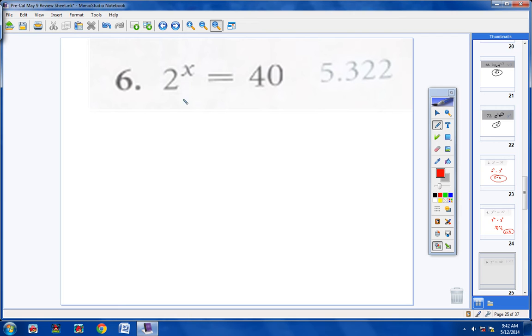So what we do now is we look at the base of our unknown. The base of our unknown is 2. So because I have a 2 here, good. We use the log base 2 of one side, Caleb, but if we take log base 2 of one side, we must take log base 2 of the other side. Okay? Now here's why